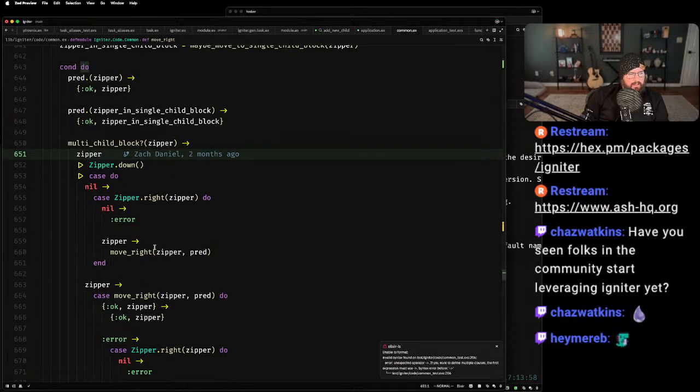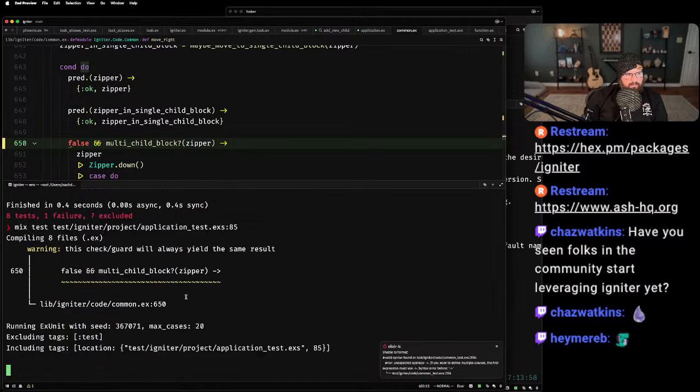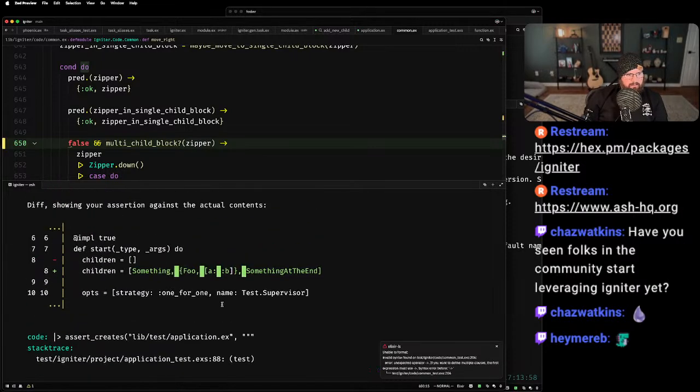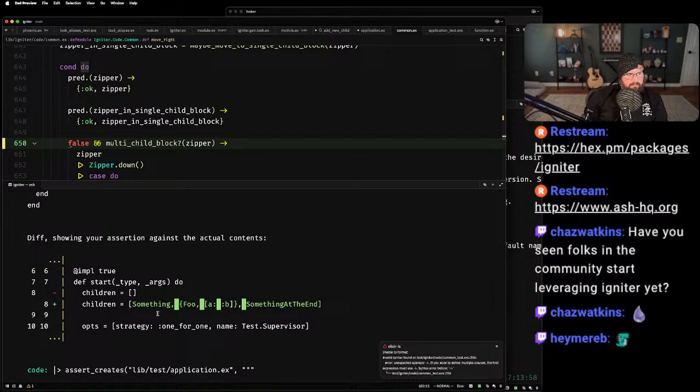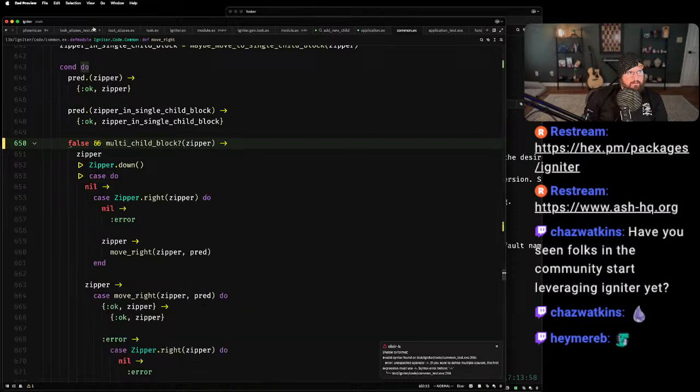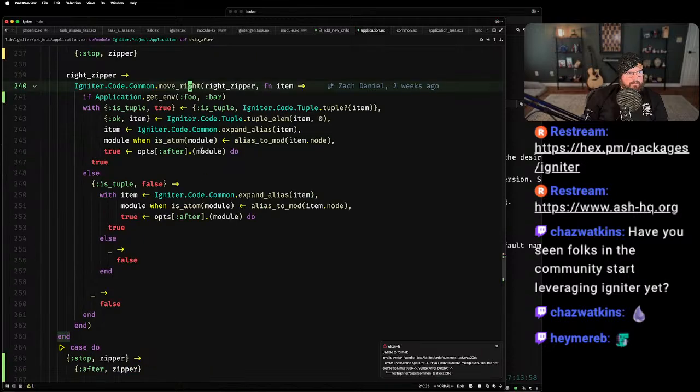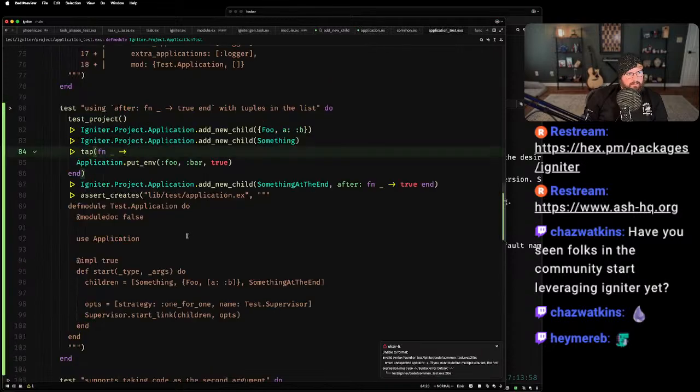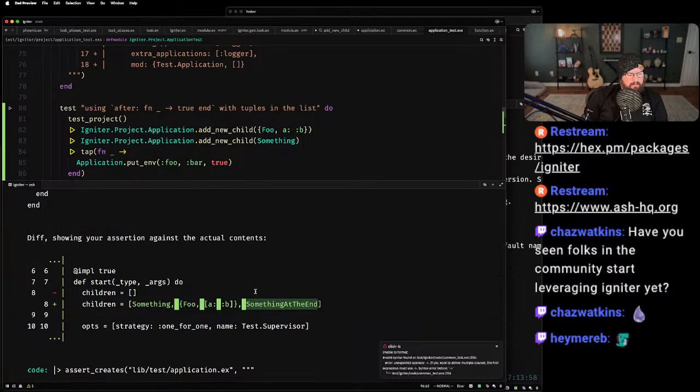So I'm wondering if it's this block. I'm going to disable it. I'm pretty sure that's going to break something else, but oh no, look. That's perfect. Did we do it? Something at the end.